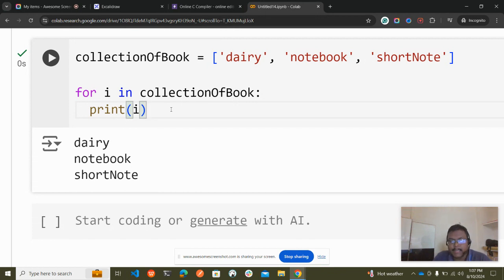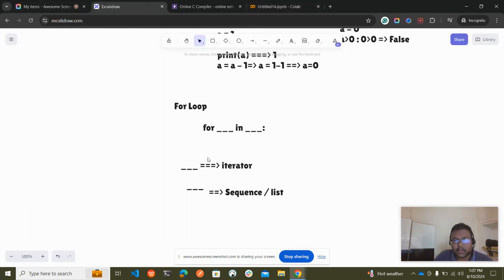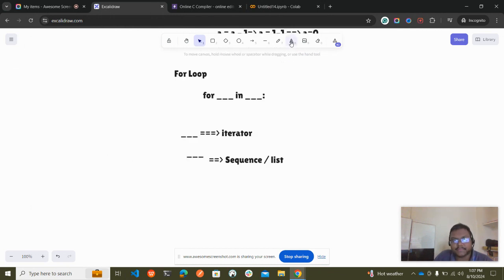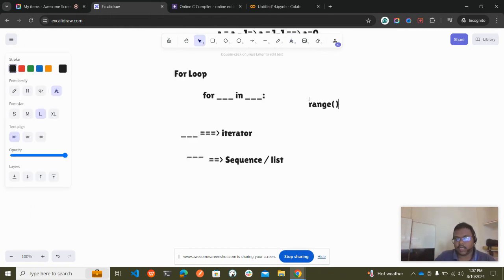How do you print, Akil? Now there is a function called range, which will be mostly used in for. Okay, range. This range has certain properties. Range will be taking initial value, end value, and then jump. Okay, Akil, what is that? Now let me explain. This range function has these three parameters, where the first parameter is nothing but the initial value, the second parameter is nothing but the end value, and then we have a jump value.